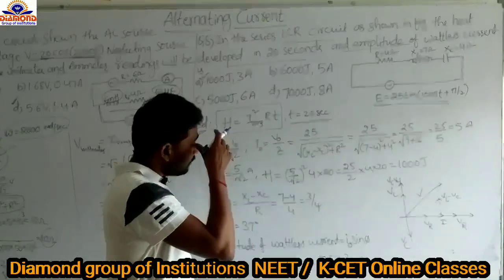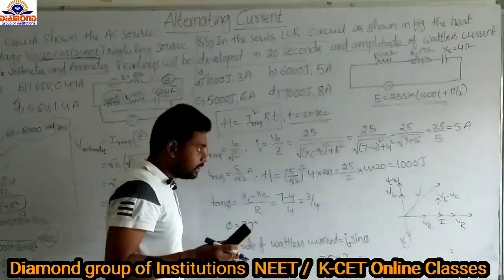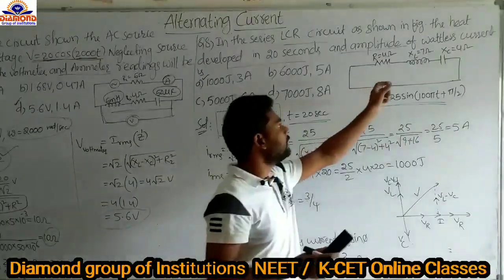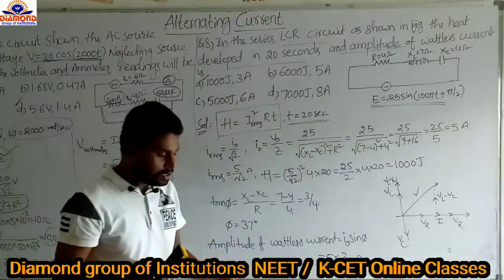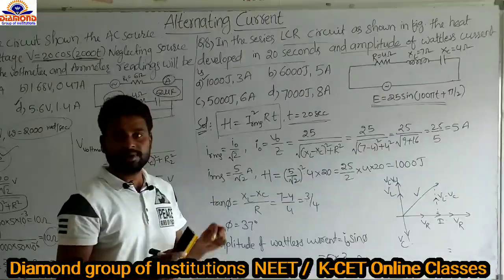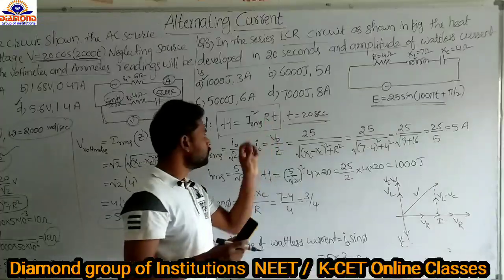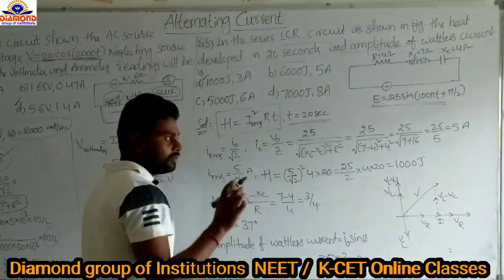Okay, so now here I am taking only the resistance, which means the XL and XC, that is, inductive circuits and capacitor circuits, should not consume any power. If it is not consuming power, it is not producing heat. That's why I am considering only resistance. Resistance consumes the power. Okay, in theory you will get that one.